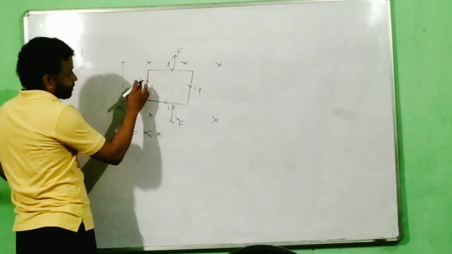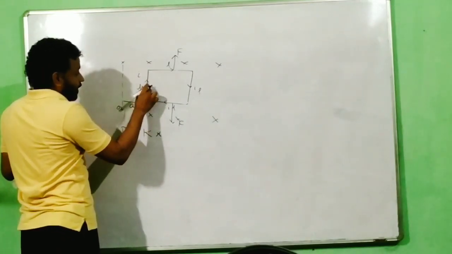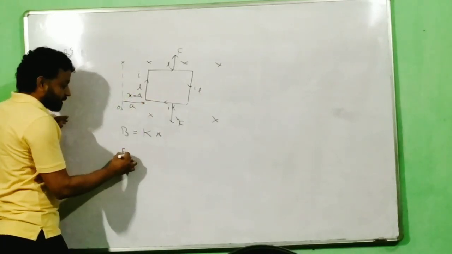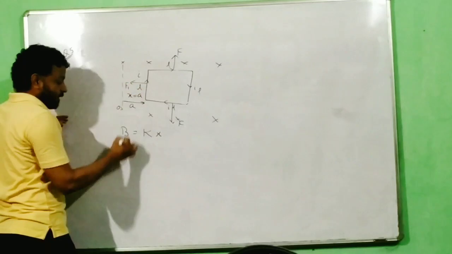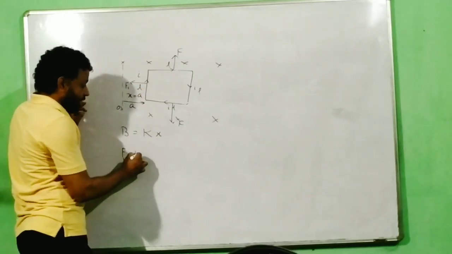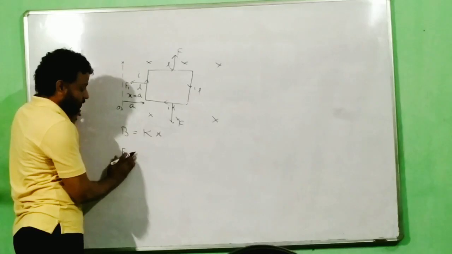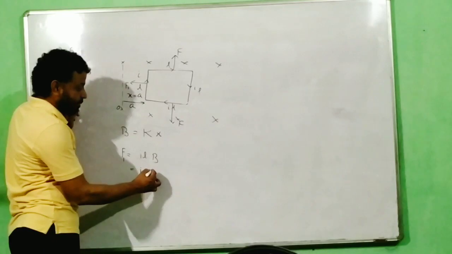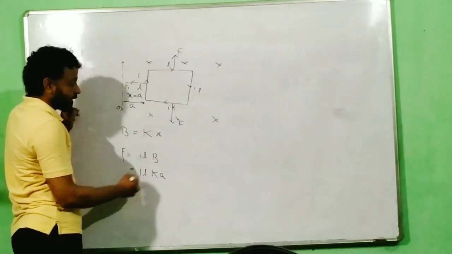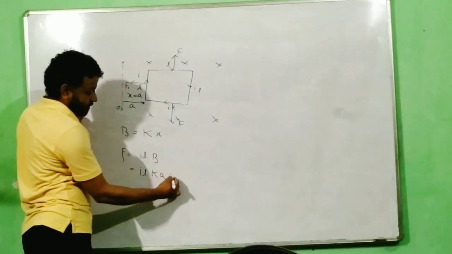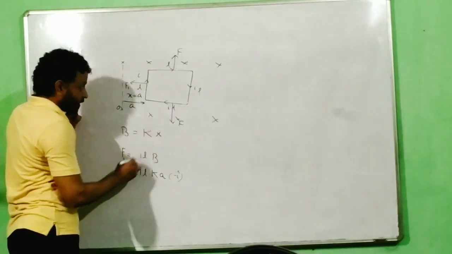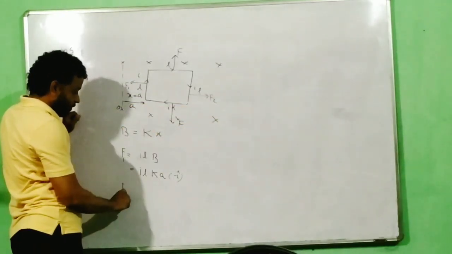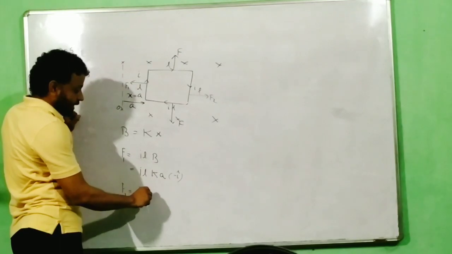So what is the force here? Here the value of x for this point is x equals a. So my force here, let us call this F1, will be equal to k times of a. The formula says I L cross B. Now I L B is how much? I L times K times of A, direction minus. What about this one? Let me call this force F2, which will be in that direction. So F2 will be equal to I L into B.